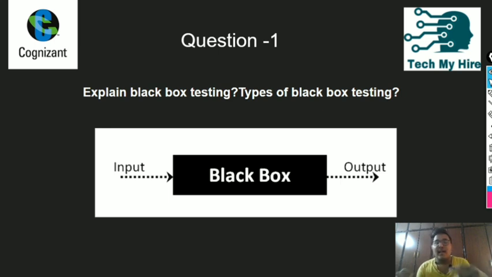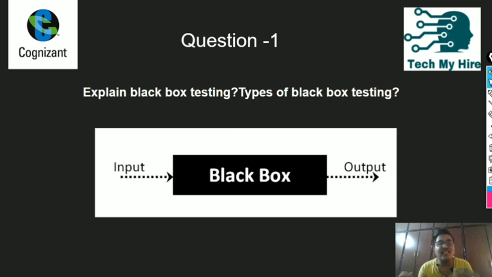So let us take an example. With black box testing, I want to test my login form. Here I am testing the login form, and I am not bothering about what code is written for it. I am just checking whether my password length is 8 characters or not, whether my password has a capital letter or not, whether it has digits or not, and whether it has lowercase letters or not.